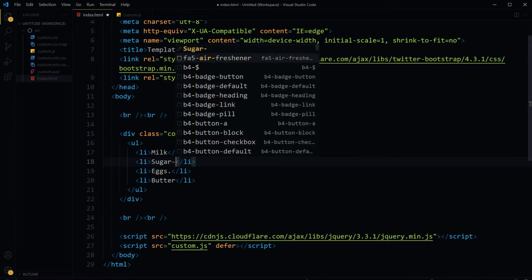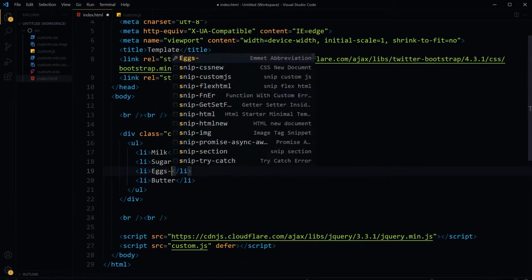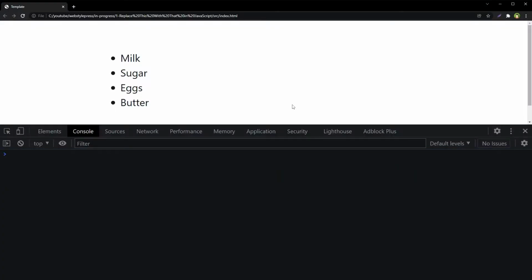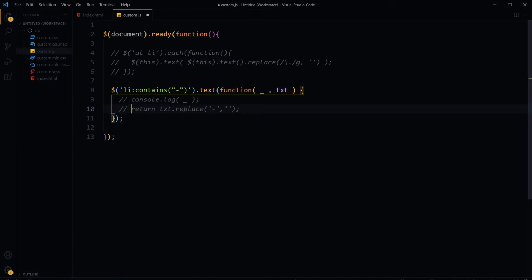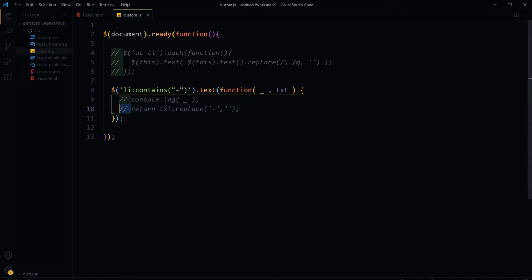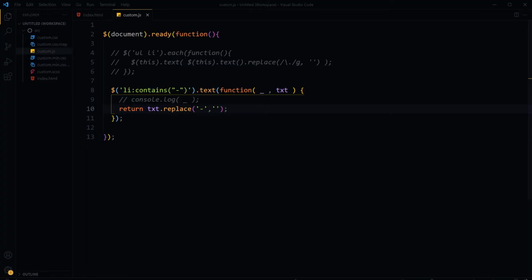And what if we have hyphen? Then we'll have to change hyphen here. Hyphen. Save. And hyphen was removed. Here's the hyphen. And now it is removed.